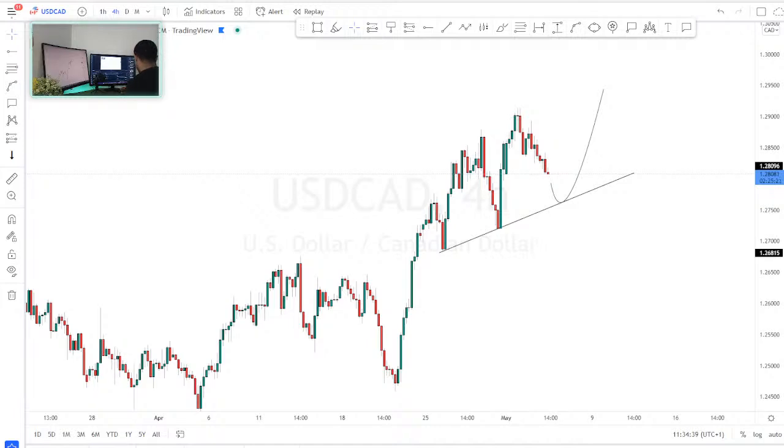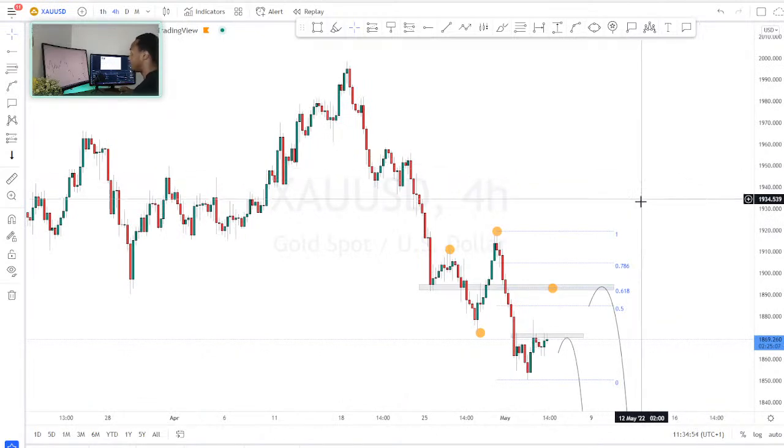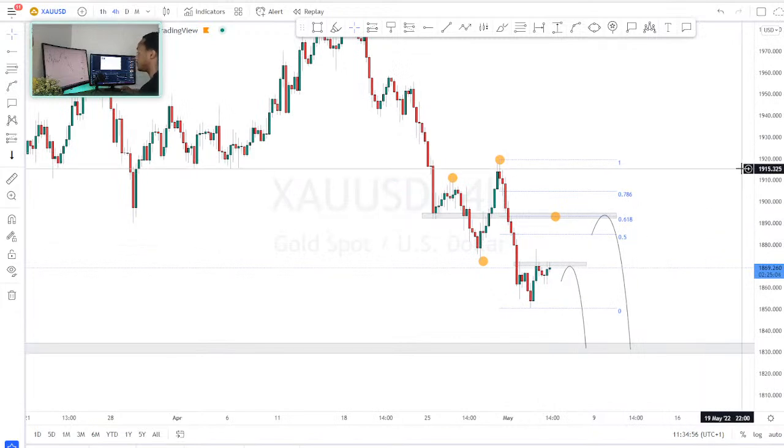What do you think about gold? Is it a buy or sell? I've got a bearish bias on gold. I mean, it depends what kind of move you're looking for. If you're looking at a 5-minute move, that could be a buy or sell. I'm mainly looking at the 4H time frame for this one, so I do have a sell